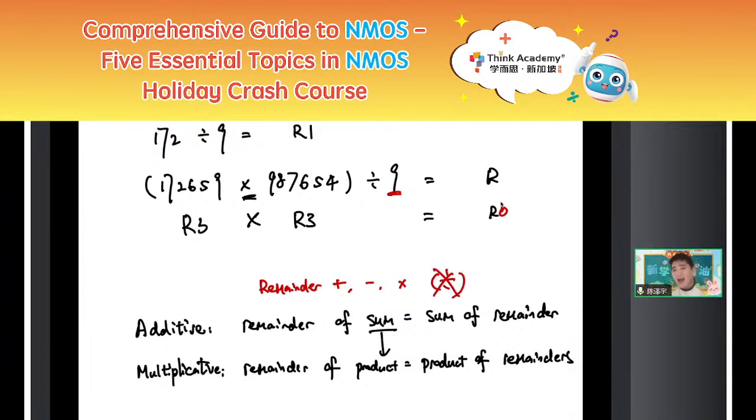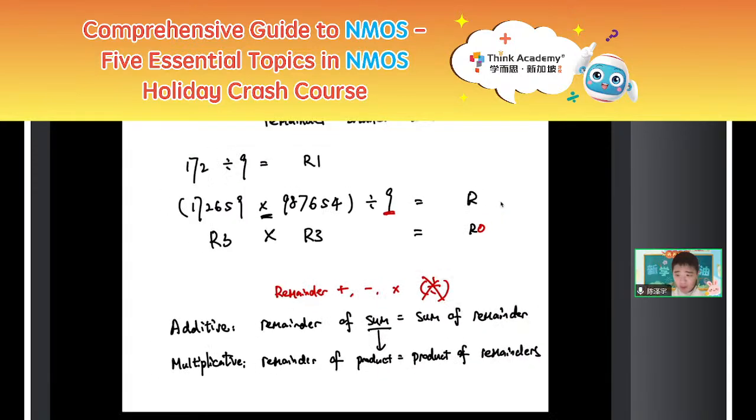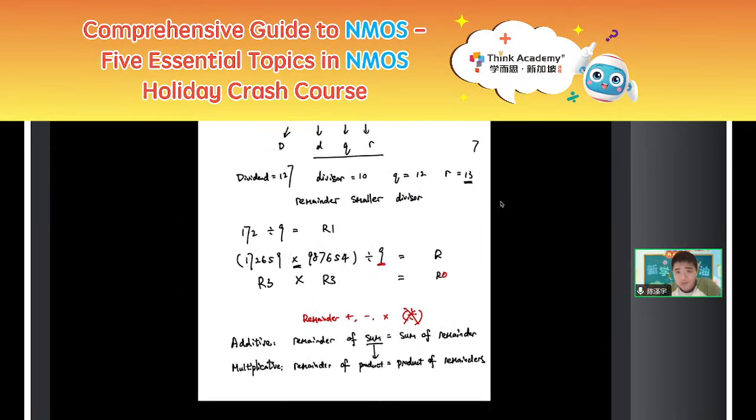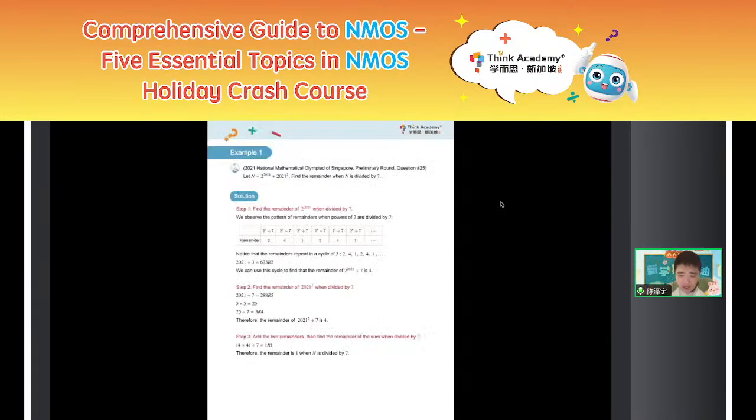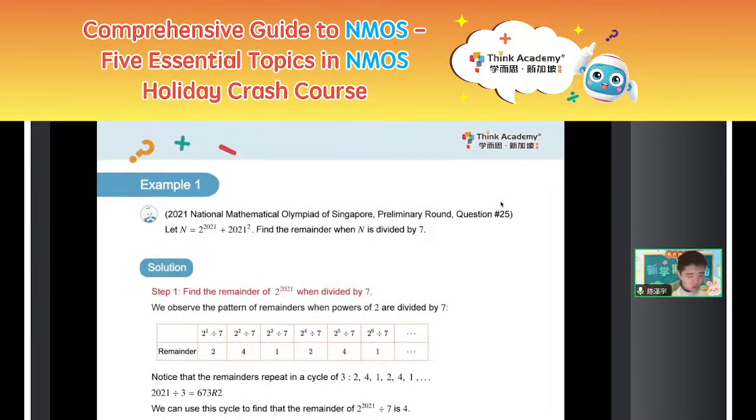So you can add the remainders together, you can multiply the remainders together, you can do the subtraction between the remainders, but guys, no division, absolutely no division. Okay, so with these remainder properties, together we can take a look at, wow,